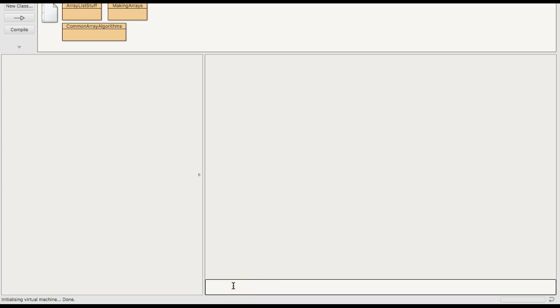Today we're going to talk about array lists. So array lists are not part of the basic Java lang package. We have to import it. So it's import java.util.ArrayList. An array list is going to store a group of items, and array lists can only store